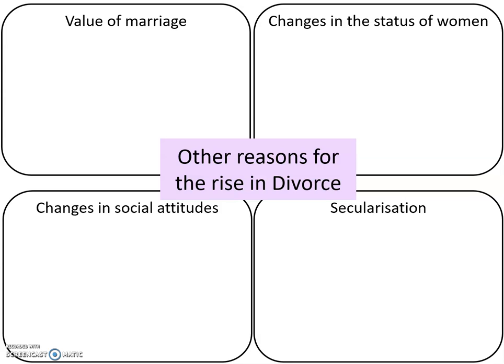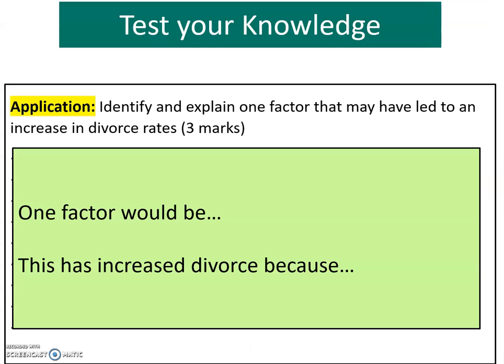So obviously there are quite a wide range of reasons for divorce. These are the four key ones that you would need to know. Again, for this lesson, in school, we would use the textbook. There is a copy of the textbook in the shared area, so you can have a look. But some of this you can probably do based on our prior learning. So things about changes in status of women, how has that led to a rise in divorce? Secularization, how is that? Most of these you can probably have a good go at.